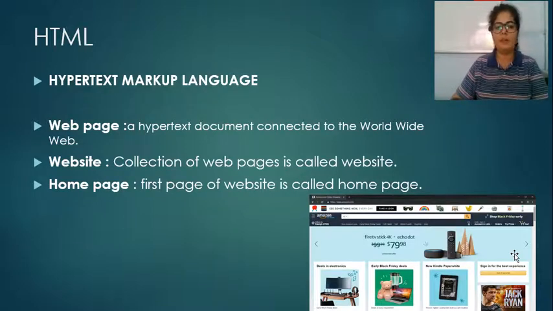The real life example of hypertext is, for example, when you open the Amazon website, you get links for whether you want to shop female wear, men's wear, shoes, grocery. Different links are available on the first page. When you click on a link, it allows you to move to the page which they have linked. So this term is hypertext.